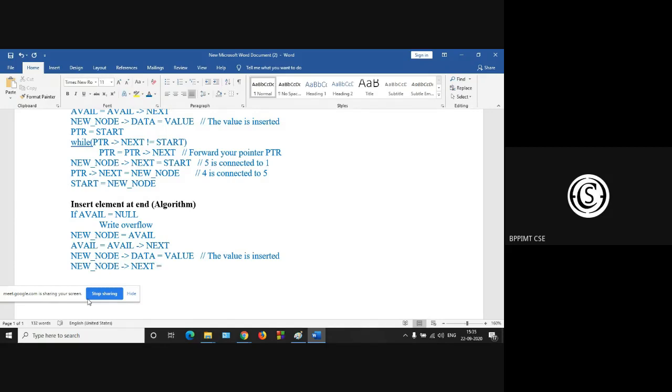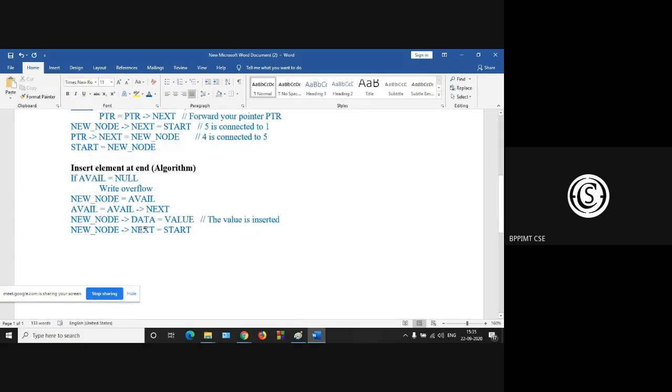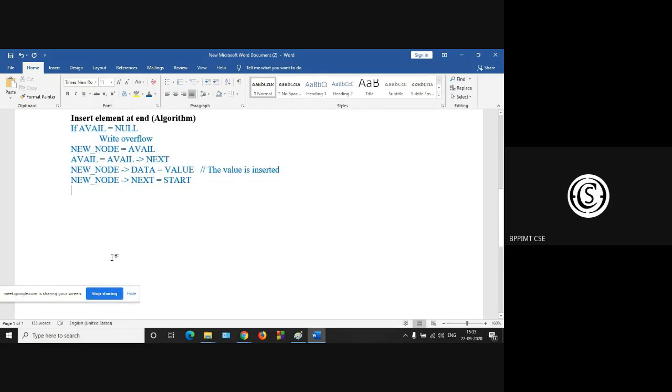New node next is the start node. Okay. Now you have to traverse the whole linked list. So start is next.